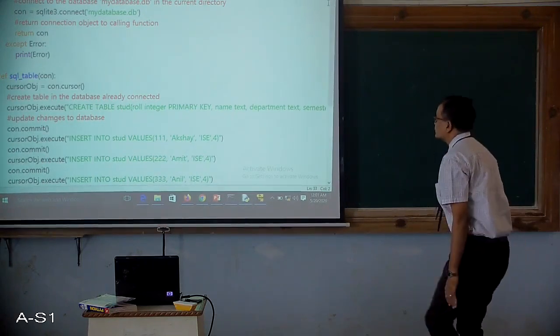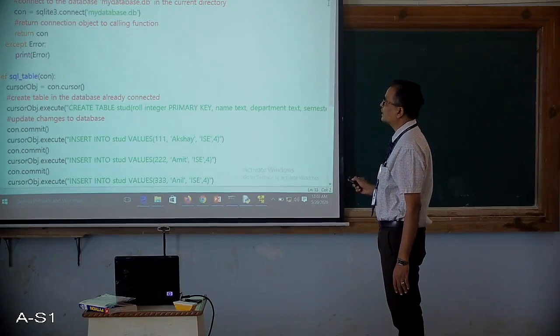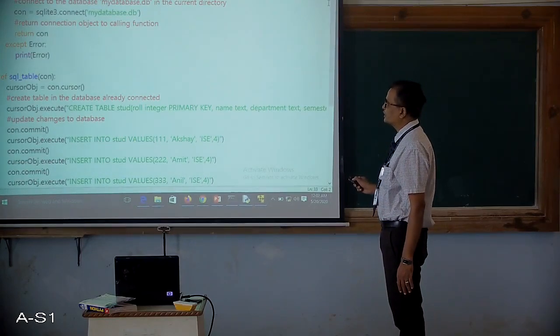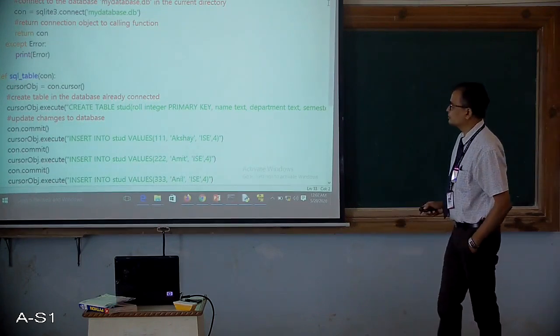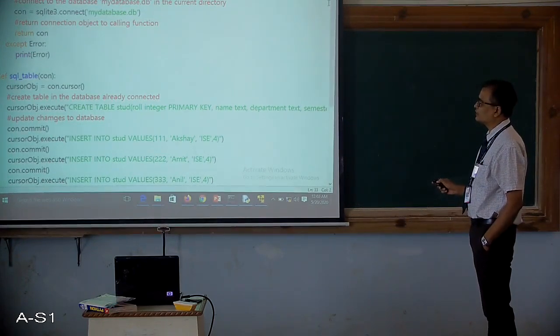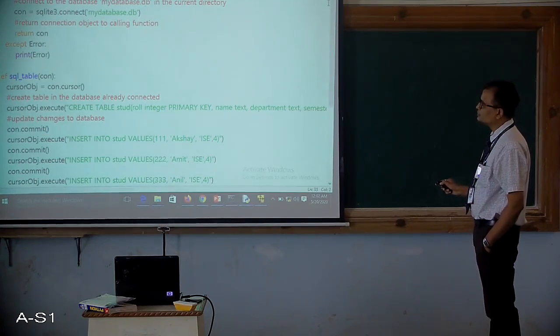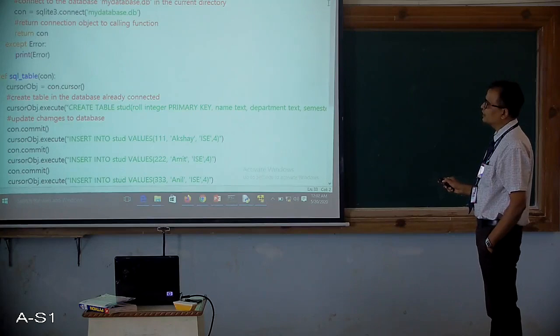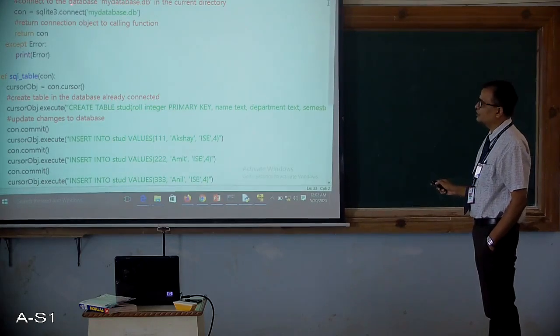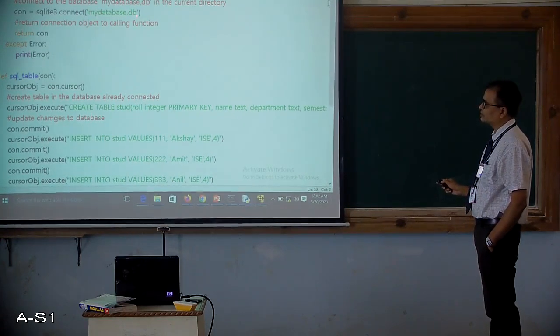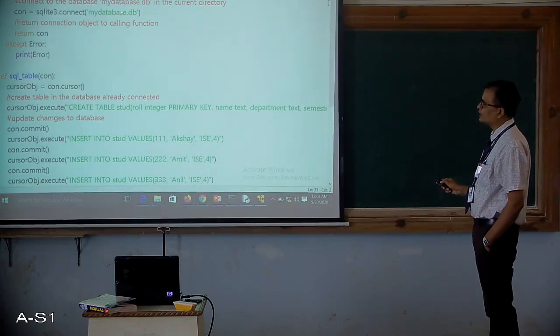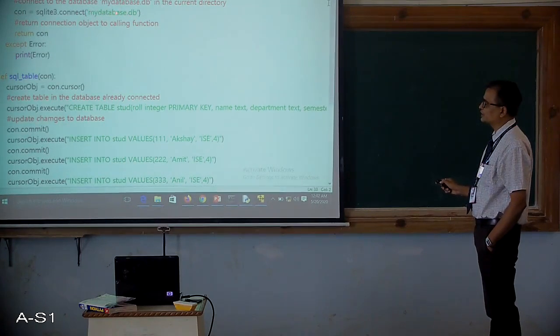So the first thing is import sqlite3. Then from sqlite3 import Error. This is for errors that will be generated while doing SQLite program connections. Whenever you run SQLite related commands, if some error occurs, then this particular package handles it. Then SQL connection, this is a function which will establish a connection for a database that is available in the current directory. We are assuming that my database will be created and used from the present working directory.